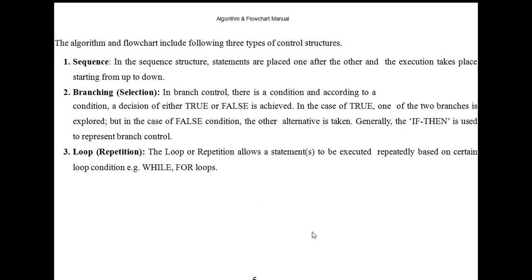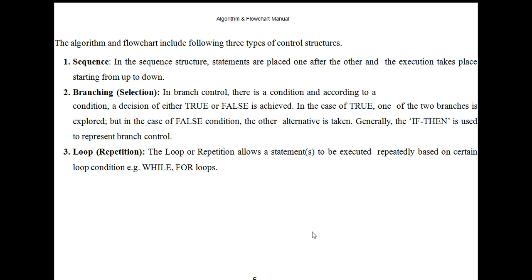That is about the sequence control structure. We will see sequence control structures in relation to a particular programming language, and in general also. Next we will see the second one, branching or selection.